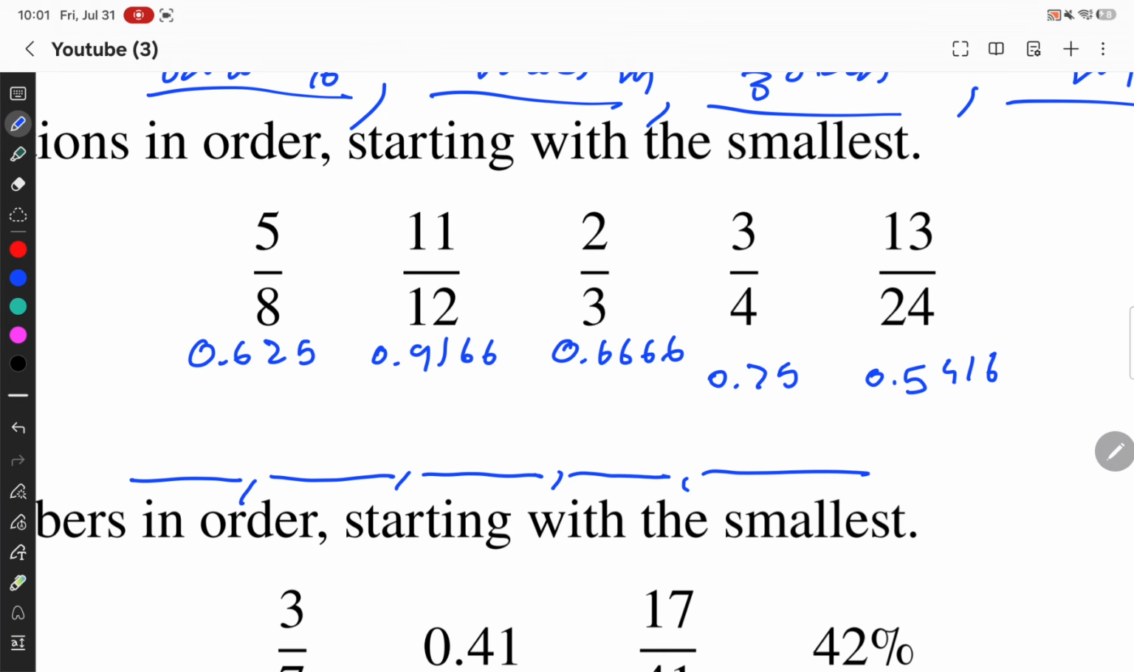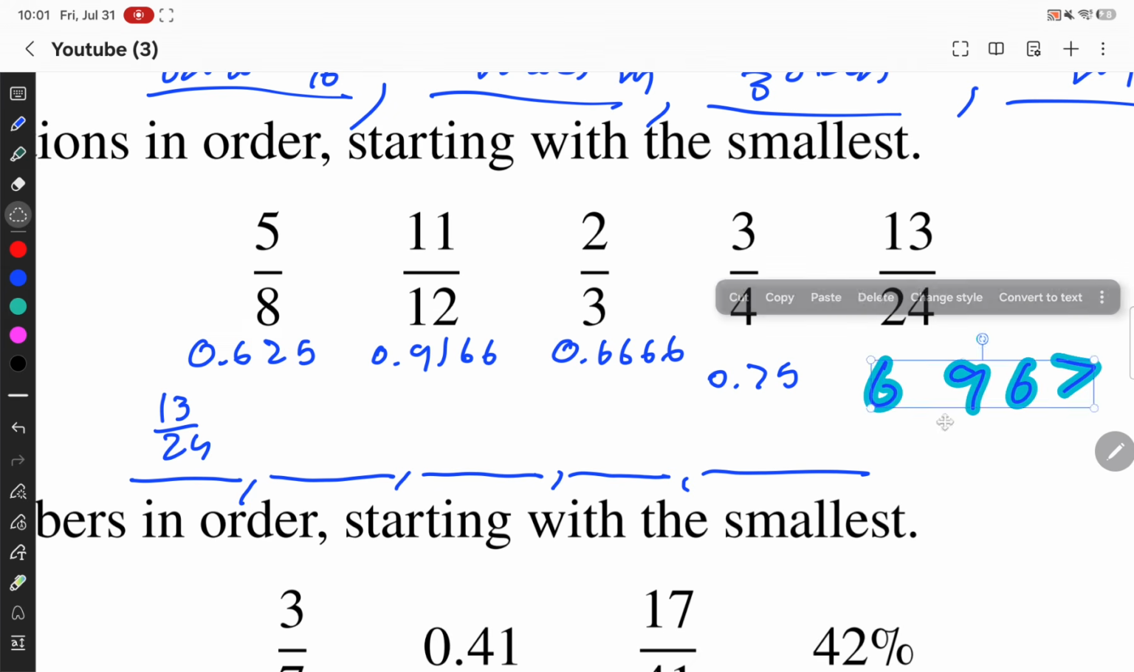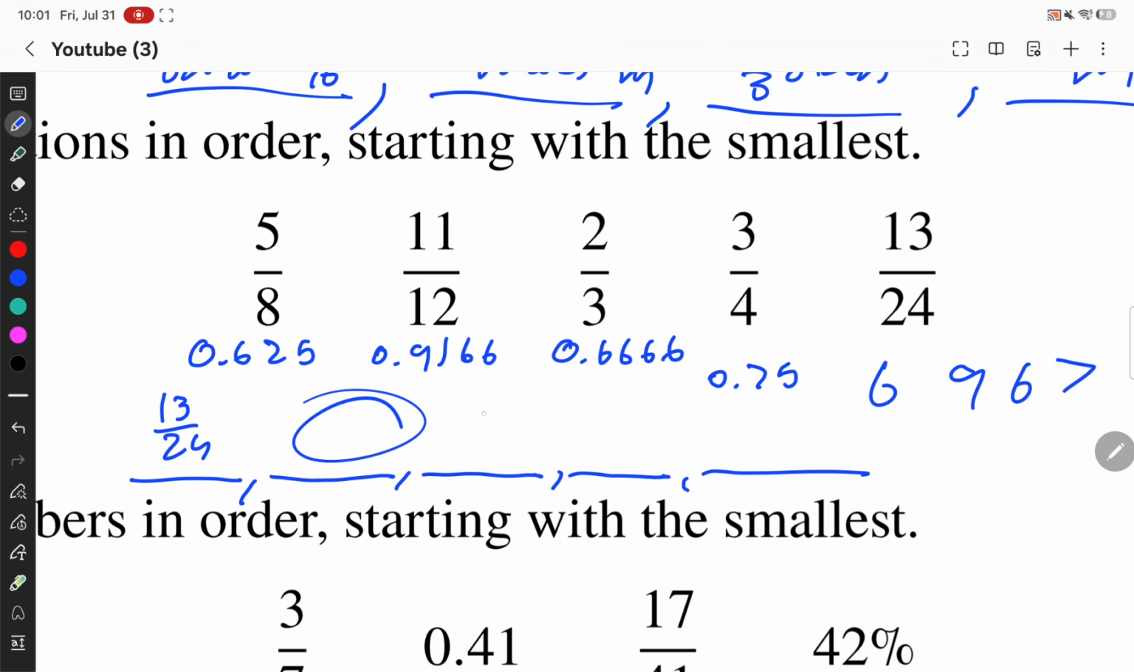Okay, next. The first digit 0, all of them are 0, so nothing special. Second, we have 6, 9, 6, 7, 5. So this is the least, and so we will put this in here. Next digit, 6, 9, 6, 7. Now this is the second order placing. The both 6 values,